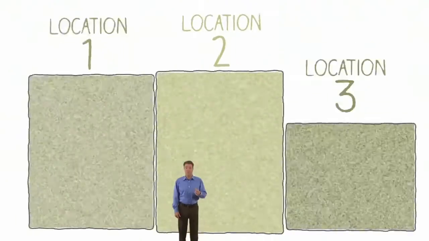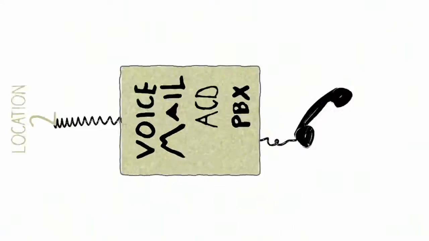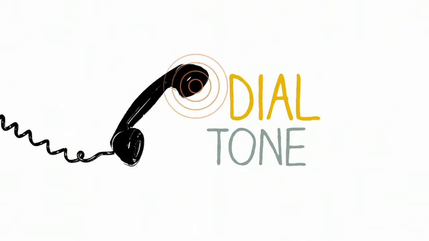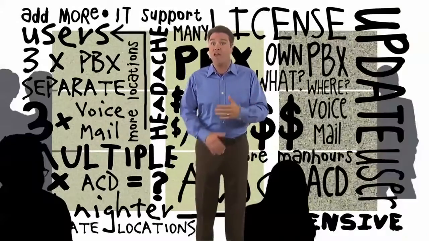The architecture of traditional telephony resembles silos. Every location is independent with its own PBX, voicemail, and ACD. All in all, a surefire recipe for dial tone. But that'll cost you. With 3 locations, you'll have 3 PBXs, 3 voicemails, 3 ACDs, and who knows how many